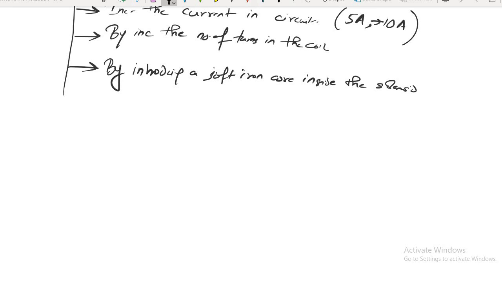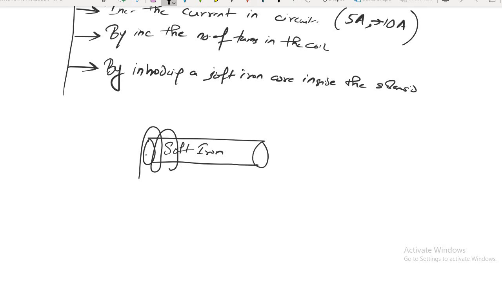See here. Suppose I have a soft iron core here like this. This is soft iron. Remember, if you touch this iron, it will not feel soft. The name is only soft iron. Understood? Everyone?